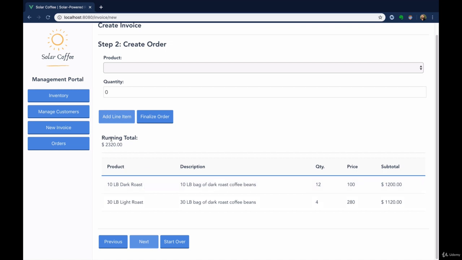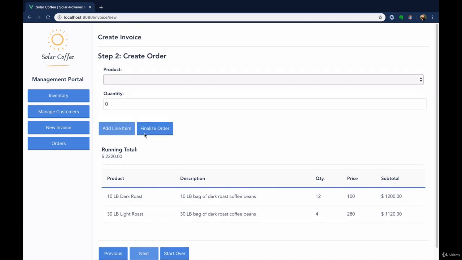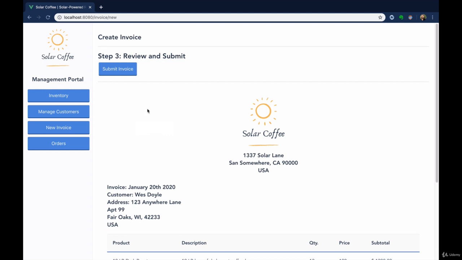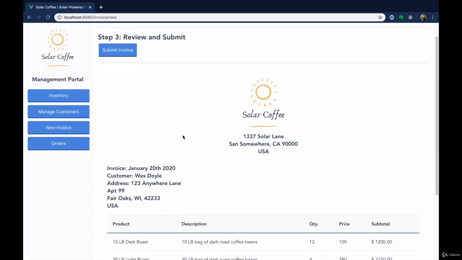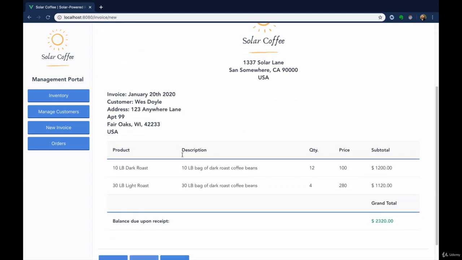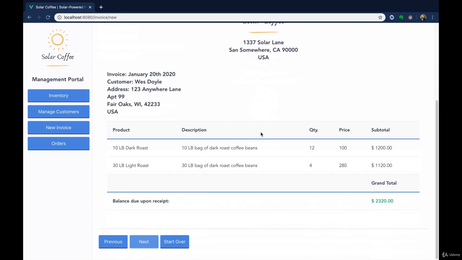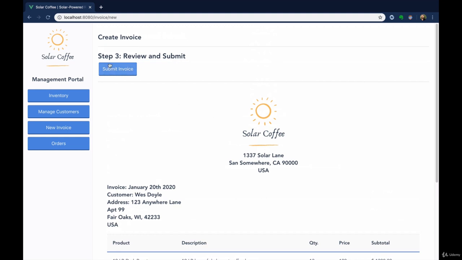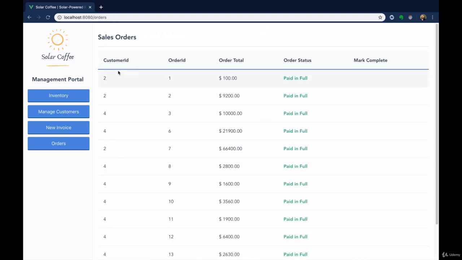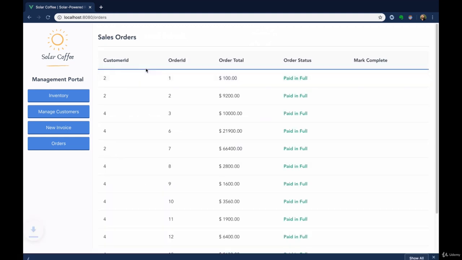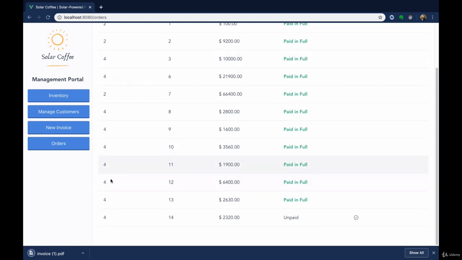So you can see we'll calculate a running total here as well, and then when we're ready to finalize the order, we can click finalize, and then we're taken to step 3 where we can see a sort of preview, if you will, of the invoice that we're about to create. And if that looks all good, then we can select submit invoice. And that's going to take us to our sales order page, and it's going to actually download the invoice automatically